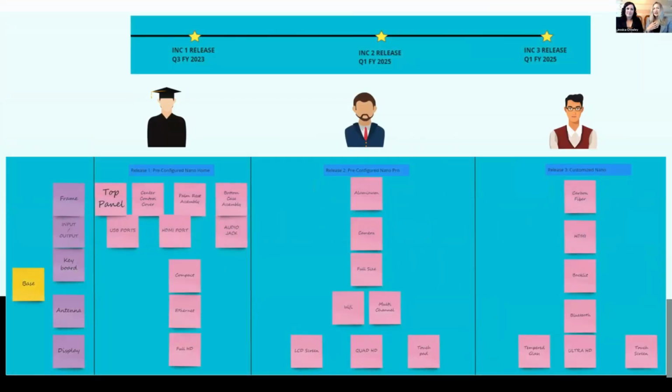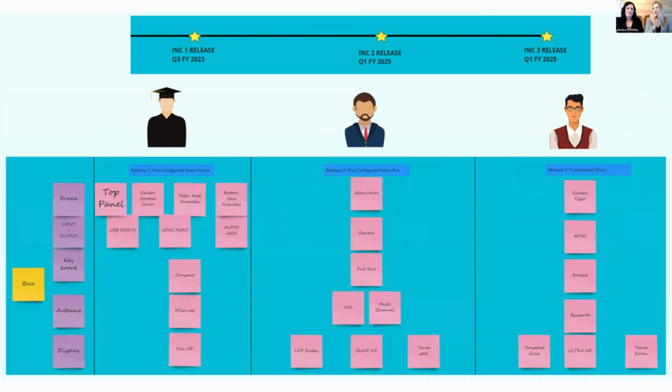And then we can start to say, okay, if we want to take our product roadmap and take those near-term things and turn them into a release plan, maybe our first release is a pre-configured Nano Pro or Nano Home version that appeals to the student because they're asking for the simplest form of a laptop. Right. So we break that scope down into the pieces that we would need to satisfy the needs of that